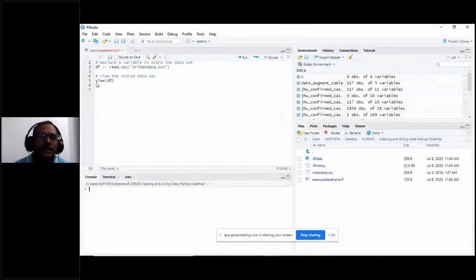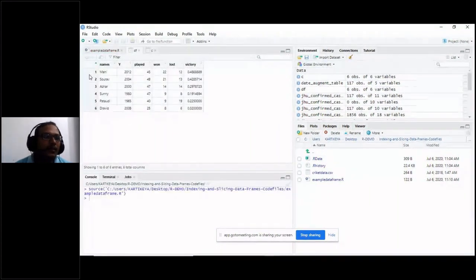So your R is case sensitive, and you have to use a particular syntax only. View, V is capital. Now if you execute this particular command, it will display the data frame, so we can see clearly what the contents of this particular data frame are.